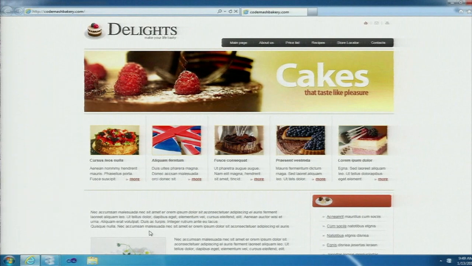So let's go and load our website. We'll just wait for the bakery to warm up and make sure it's ready. And in summary, I just wanted to recap on what we've seen. We've seen how easy it is with WebMatrix to get started building a website. We've seen the new Razor syntax and how you can slip between HTML and code very seamlessly. We've also seen the rich ecosystem of helpers available out there, whether you're doing social or e-commerce or anything else. And then we've seen the great templates available from templatemonster.com, as well as how easy it is to publish your final website. Thank you very much.